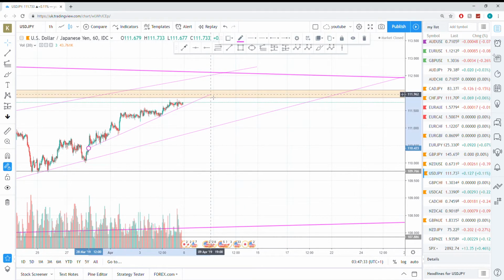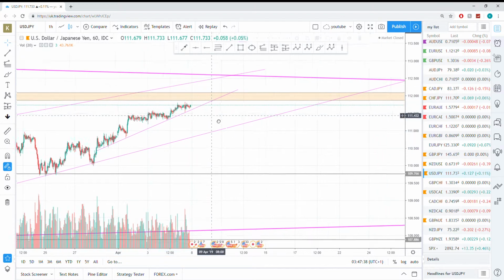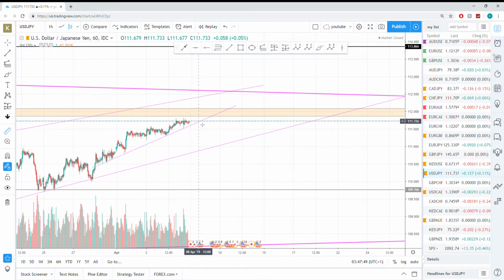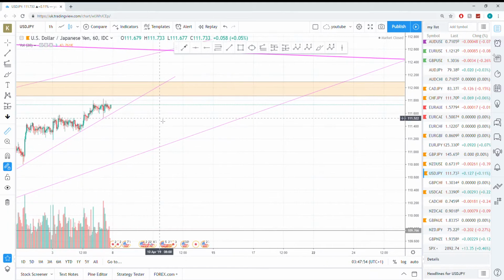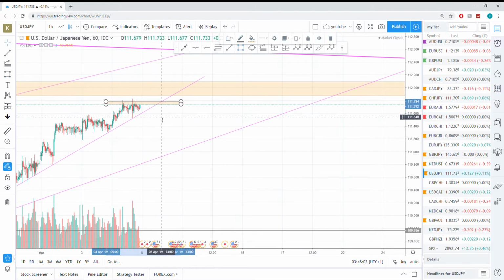We just have to see what happens at this zone here. And this little zone will be very significant for us to see if price action touches this top up here, or if we come back to this point. So it is ultimately what happens in the next few days or so. So we have a look here. So if we break past